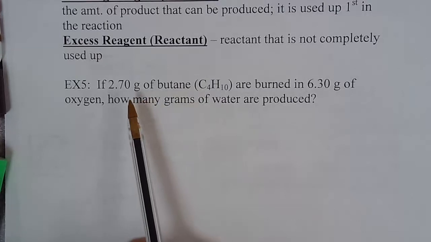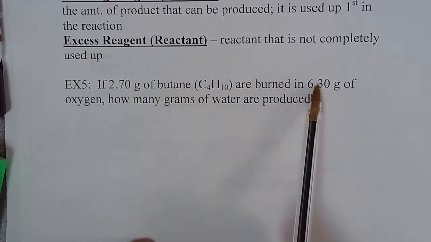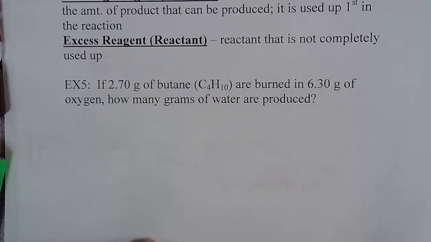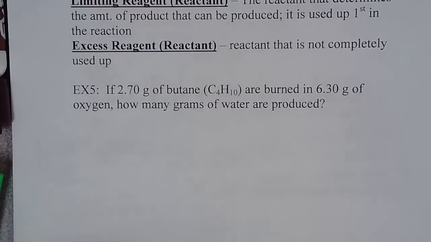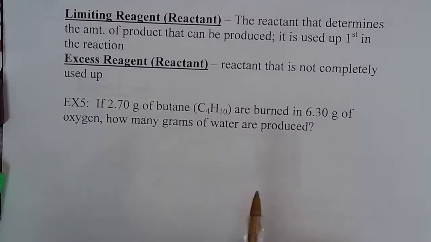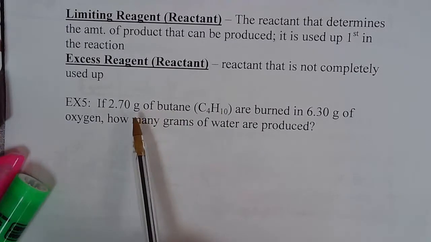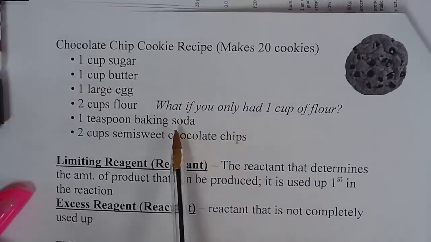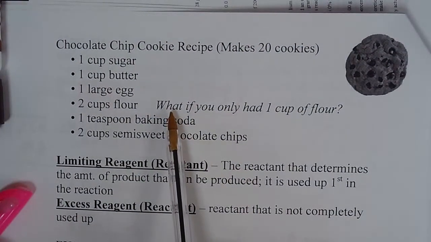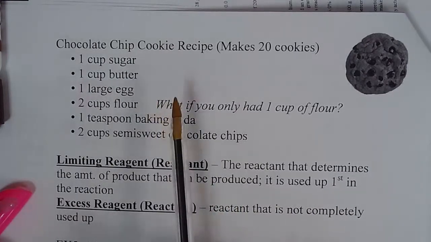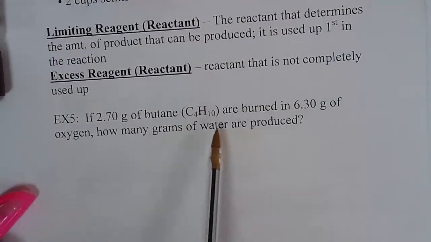But anyways. All right. So this one, how many reactants are we given the amounts of this time? 2. And this is really hard for chemistry students, based on previous experience of mine, that for whatever reason you'll read this and it just doesn't register, hey, they're giving me the amount of both reactants. You have to have that thought of, well, I wonder which one of them I'm going to run out of first. So unlike the recipe, which is easy for us to kind of think through, this is much more